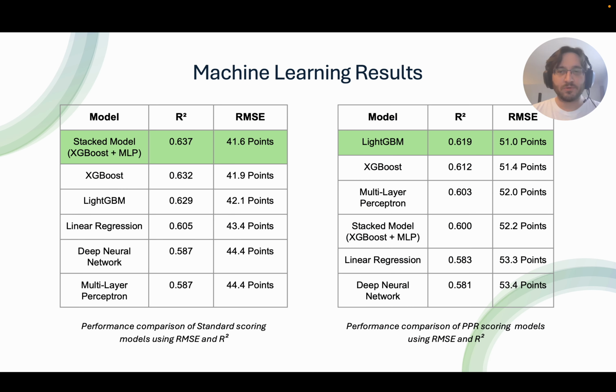Here we look at the final results of all our machine learning models. We use 6 different models: linear regression, deep neural networks, multi-layer perceptrons, XGBoost, LightGBM, and stacked models for both a standard and PPR scoring target. For our standard scoring target, we found that the stacked model, which was a combination of XGBoost and MLP, performed the best, and you can see it highlighted in green there. And for our PPR model, we saw that LightGBM was our best scoring model. So those were the ones that we went ahead to use to feed into the rest of our